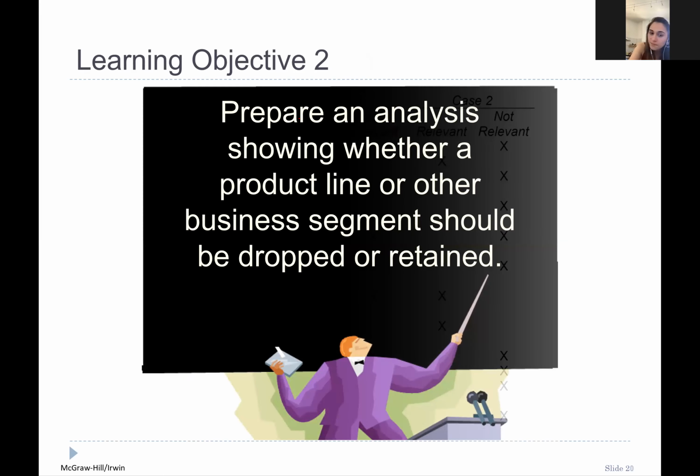Yes. Now, our second learning objective is to prepare an analysis showing whether a product line or other business segment should be dropped or retained. Here we go. That is the most common use of relevant costing. One of the most important decisions managers make is whether to...